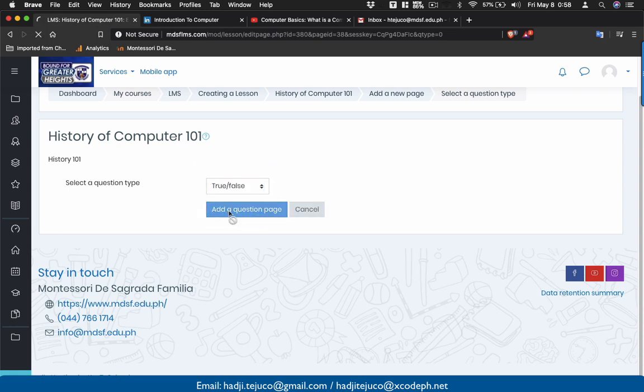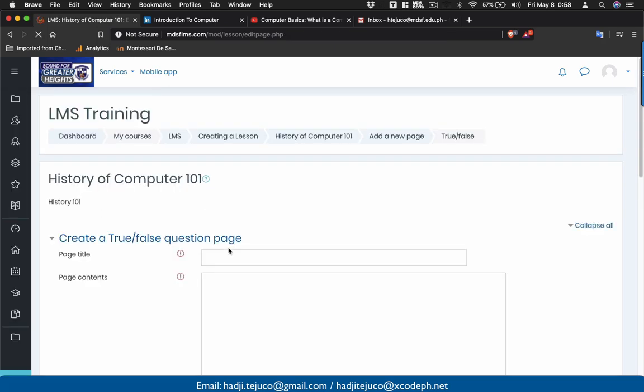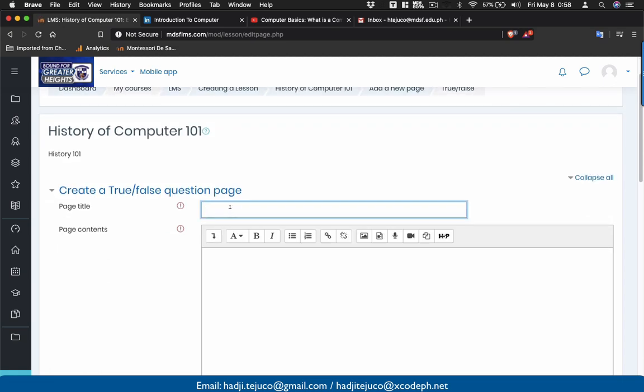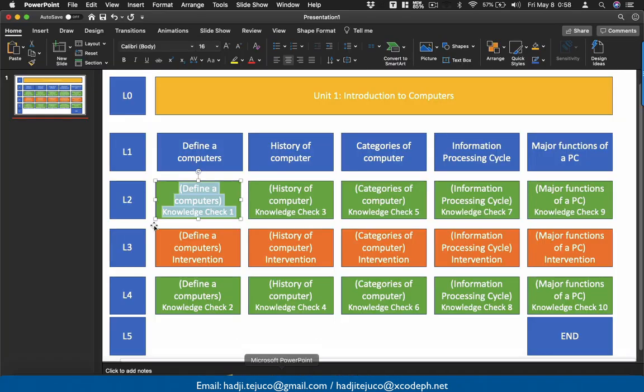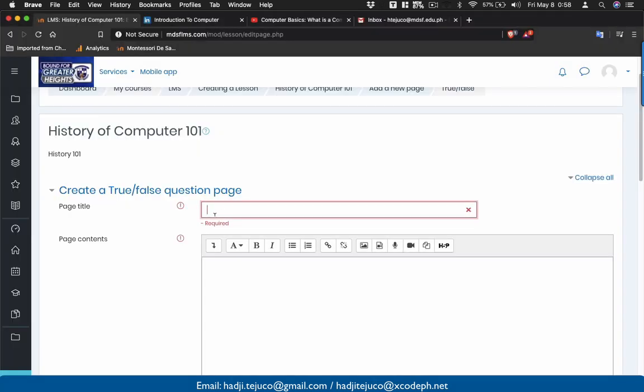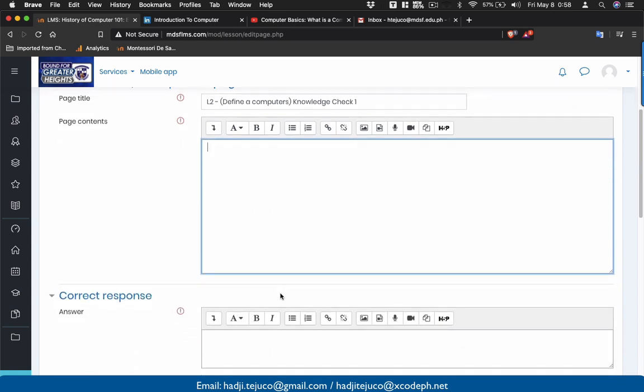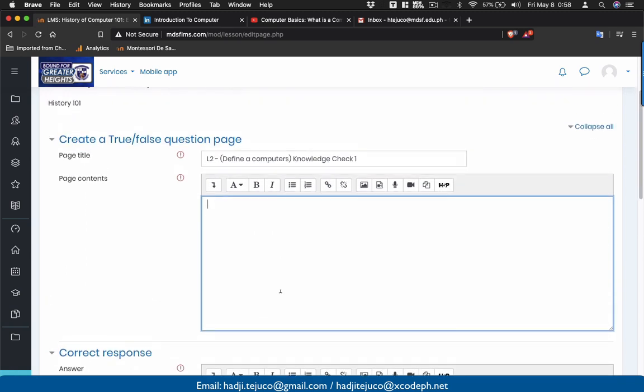Add a question page. Now let's give it a title. So I'm currently at level 2 already. So let's type here L2, and then the define a computer knowledge check 1. Okay, so that will be my guide. And then this will be where you're going to have your question. So let's type here,